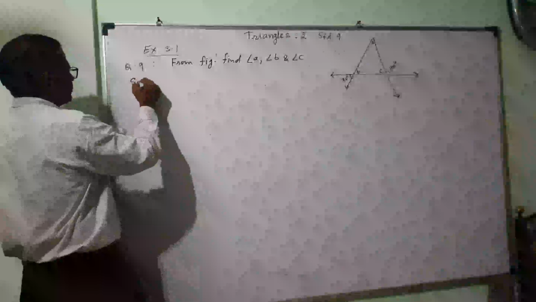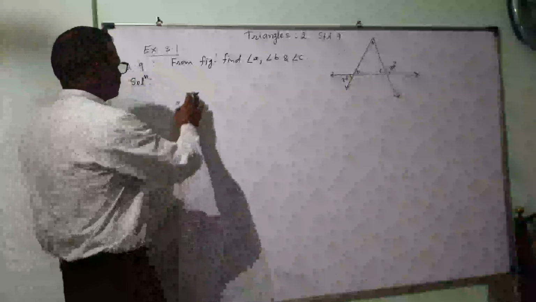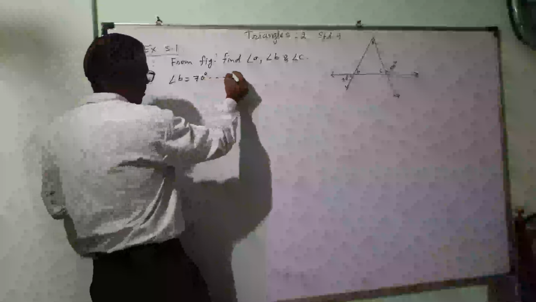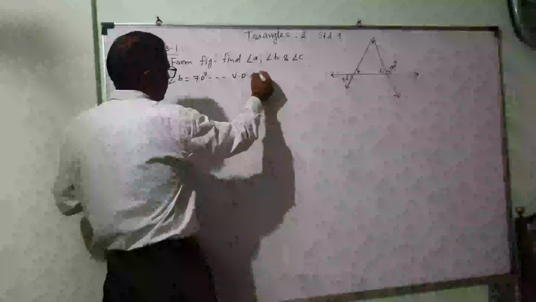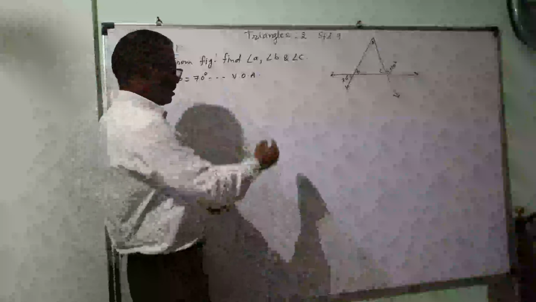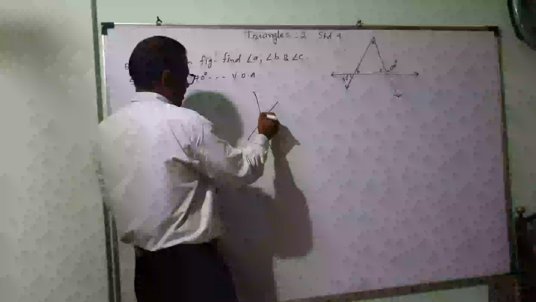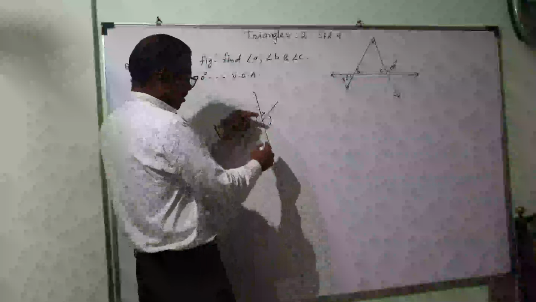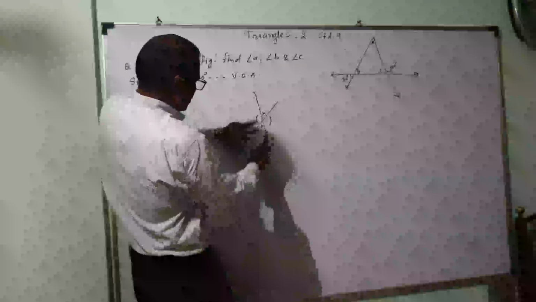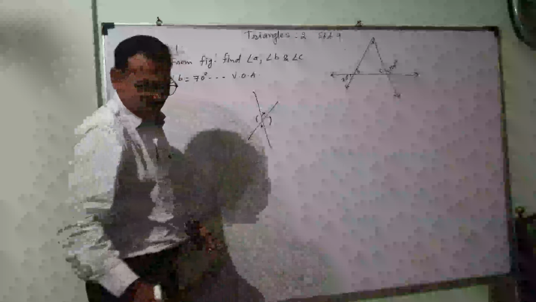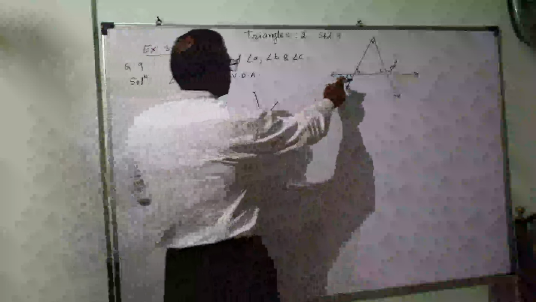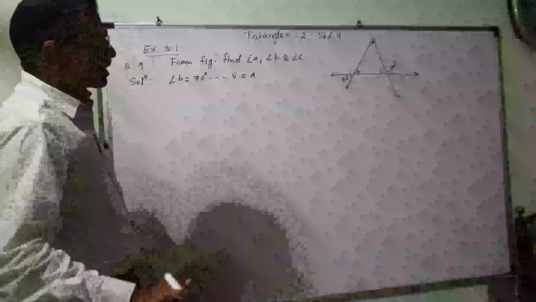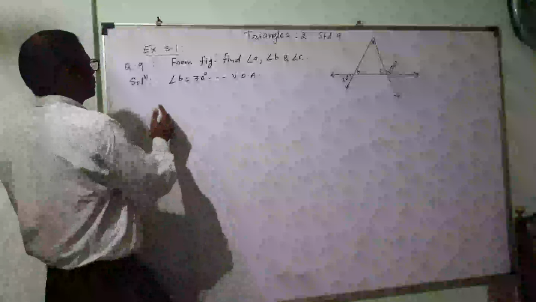So solution, angle B equal to 70 degree. Reason is vertically opposite angles. Have you understood this? See, like this. This angle and this angle is same. This angle and this angle is same. Because they are called as the vertically opposite. This is upward, this is downward. This is right, this is on the left. These are called as the vertically opposite angles. So 70 and B are vertically opposite angles. Though the question is short, but it will carry more marks.